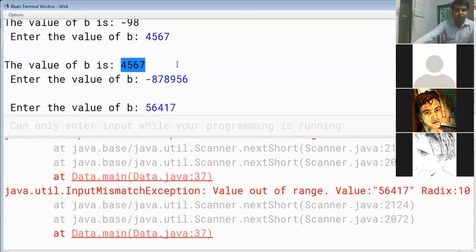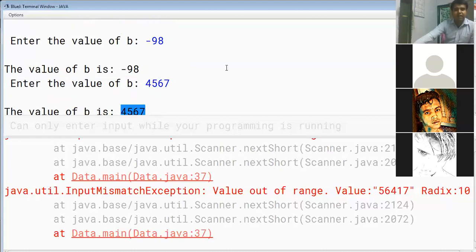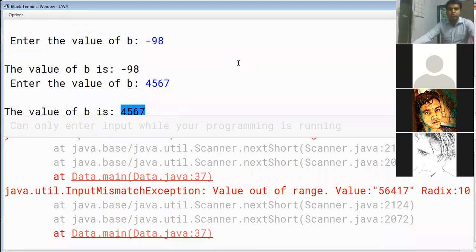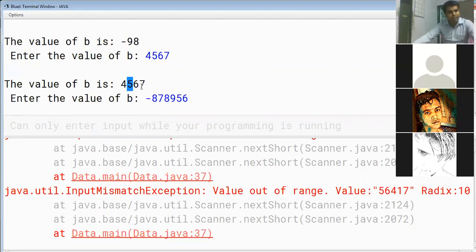So how will you know these 4-digit numbers, 5-digit numbers? In the study material, you will see the number of bytes. Whatever the total number of bytes is, that is the power value, 2 to the power of that many. If it is 2 bytes, that means 2 to the power 2 is equal to 4, which means a maximum of 4 digits is acceptable. If it is 1 byte, that means 2 to the power 1 is equal to 2 digits, so a maximum of 2 can be accepted.